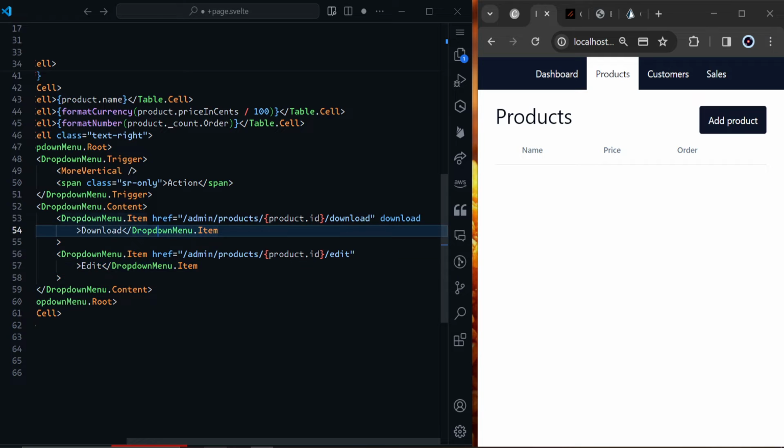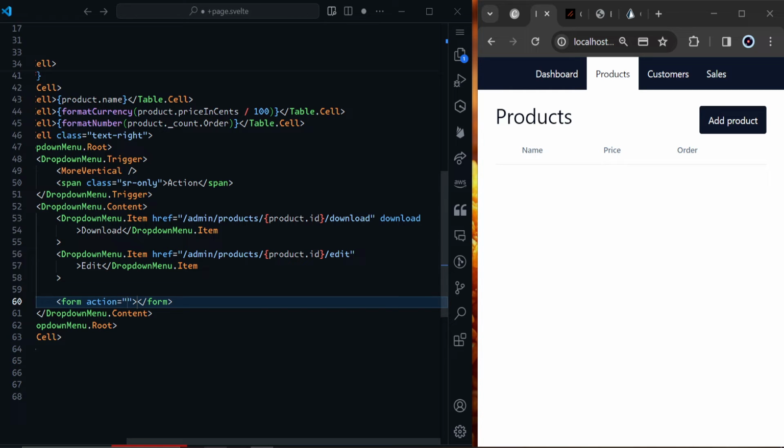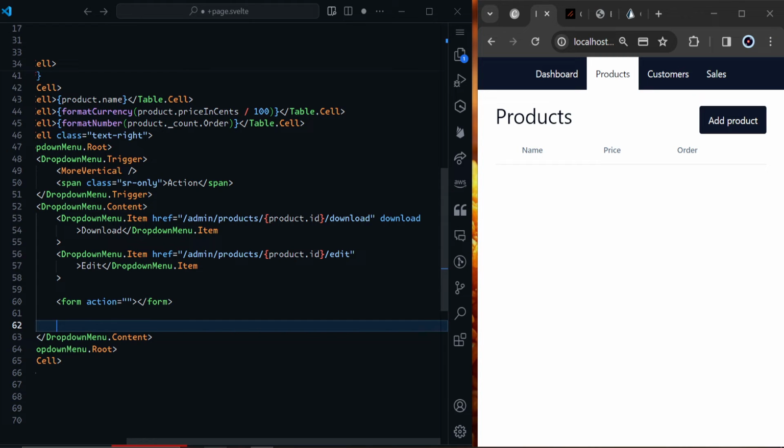See, like such. And then after this edit, we'll have a form, because we're going to be using the form actions to activate and deactivate the product. So we'll leave this as form for now. Let's come down, and